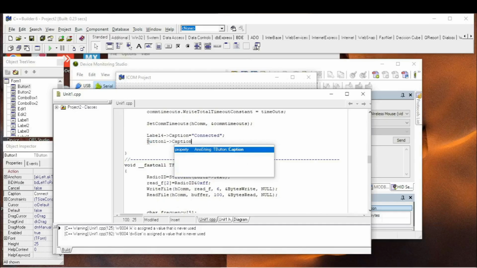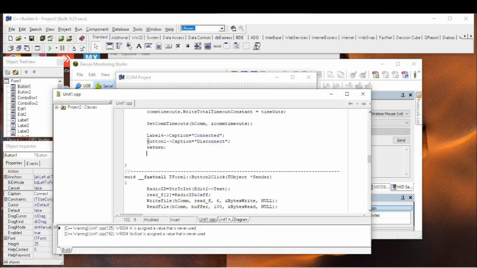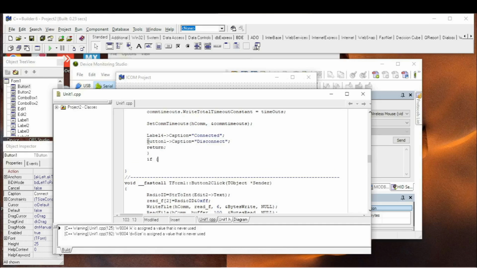If the port is connected, we rename the button to disconnect, button 1 caption equals disconnect, and return to stop the operation. If button 1 caption is disconnect,